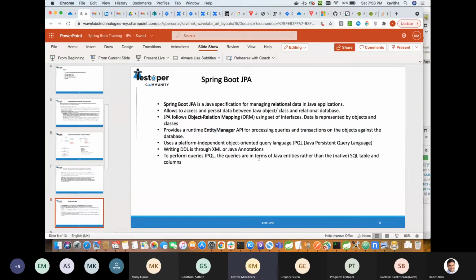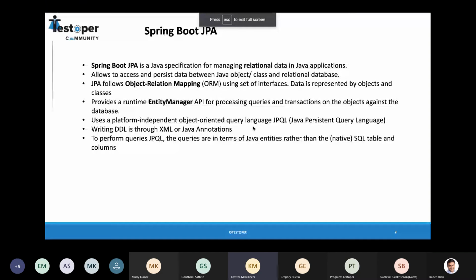So how do we connect to the database for retrieving and any transaction related operations? Okay, so Spring Boot JPA is one such easy way to write code to connect to a database and get data.